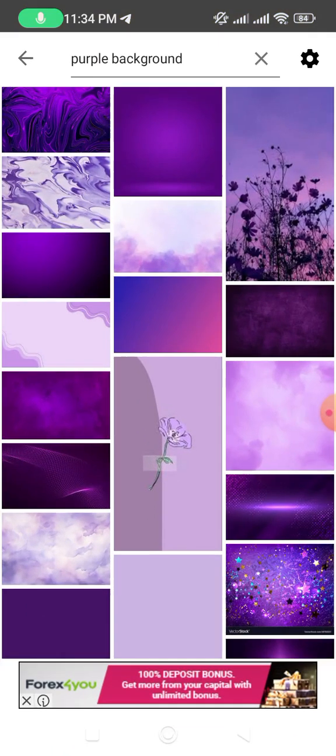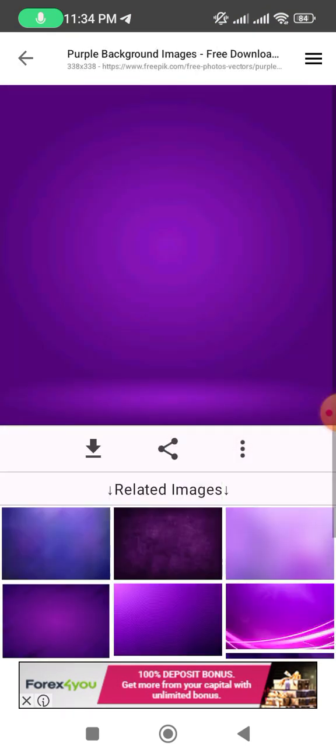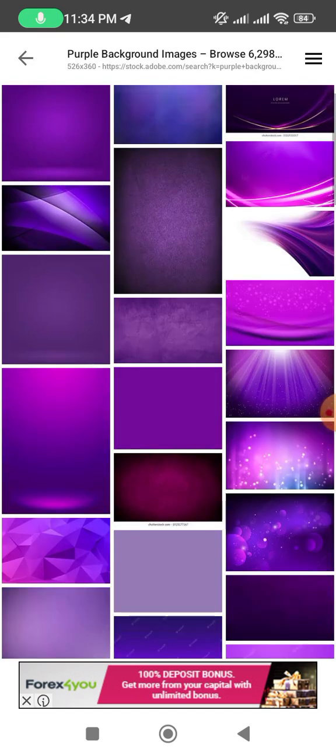So I want to use purple background for our text. Let us want to use this. You can just go there and download your purple background. So if you don't like this, you can just come here to download this one also. So let me just look for another one. I can just come here to download this one also. Then after that